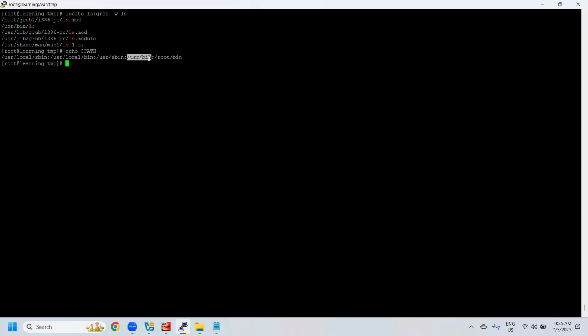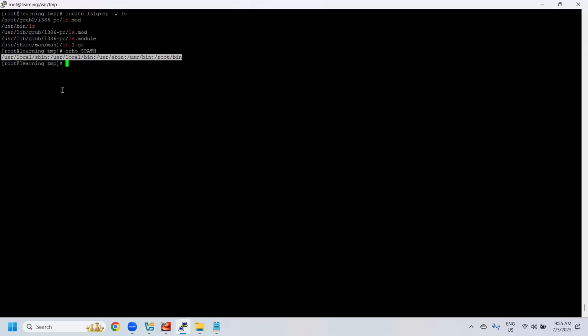Because of that, you are able to execute the program. Which means that if you are not going to specify a path for any command or program name, it will try to look in each and every directory located in the PATH variable. If it is available it will pick it up and run it. If it is not available, you don't get any output, and you get an exception that